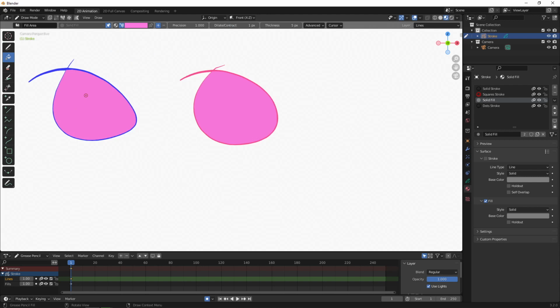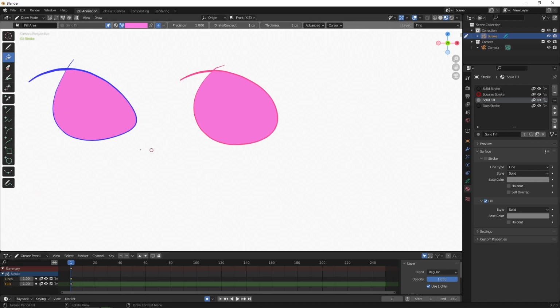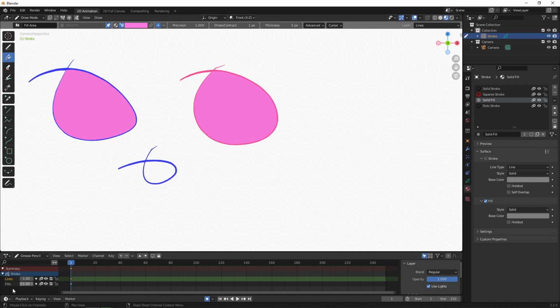Okay, now we have another problem. This fill color is drawing over the lines and we want it behind. You can also use these layers, for example, if I try to draw a line, you can draw on a different layer like that. But if you want to draw on the same layer, you can also do that. Let's switch to lines and press this button. This is draw behind mode, and now if you draw something, it goes behind like that,